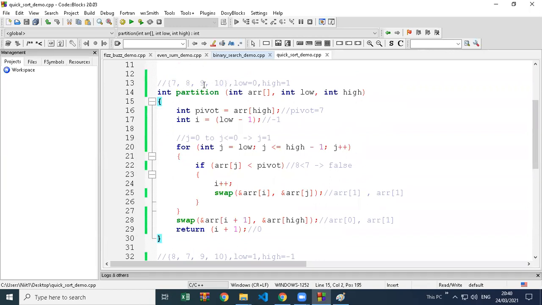So how many comparisons did it make? This time it made 5 comparisons. Because first the 9 value was here. It checked with 7, 8 and 9, that is 3 comparisons. And then the swap, 4 comparisons. Then it took the 8 value and compared only one time. 5, 6 comparisons. In total it did 6 comparisons.